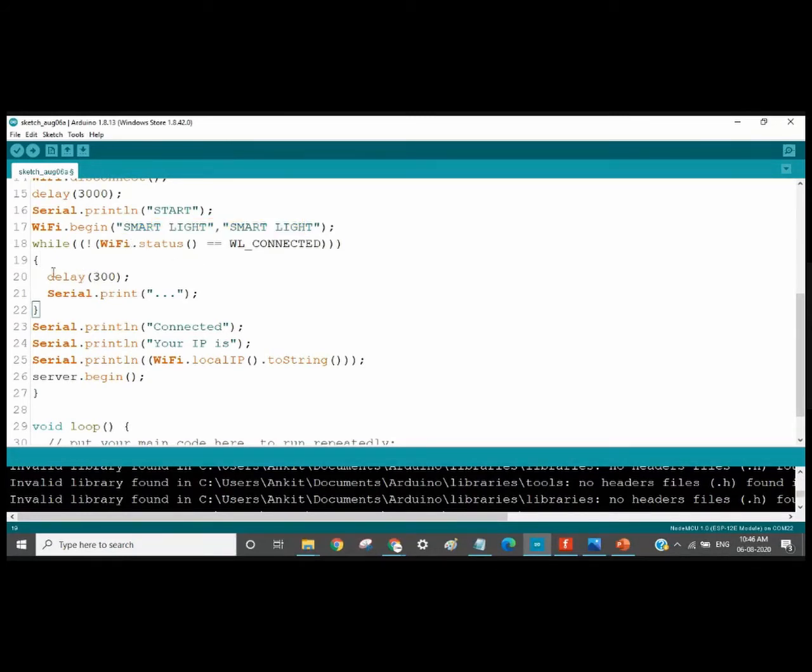till then, it will have a delay of 300 milliseconds, that is 0.3 seconds, and after every 0.3 second it will print 3 dots. Here you can write anything, like not connected. So this loop will continue till the device is connected. Once the device is connected, it will come out of this while loop and print connected. Here you can write that your device is connected and your IP is...